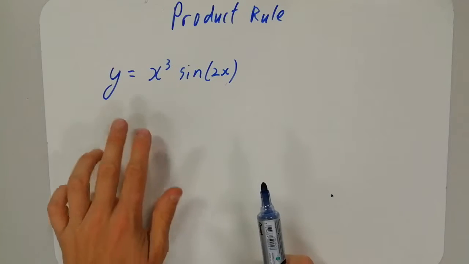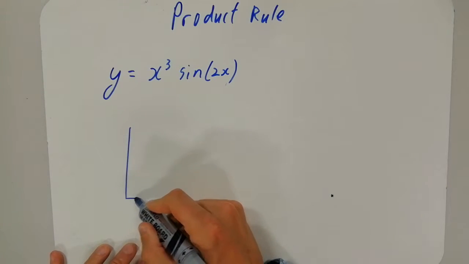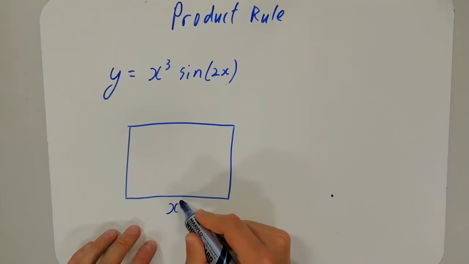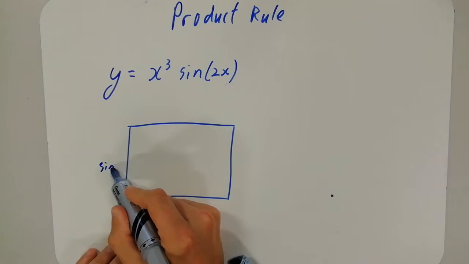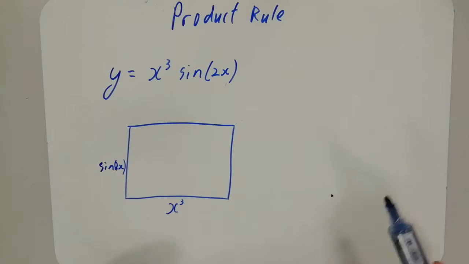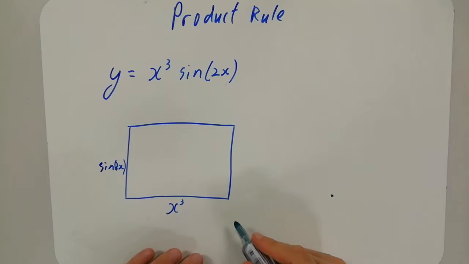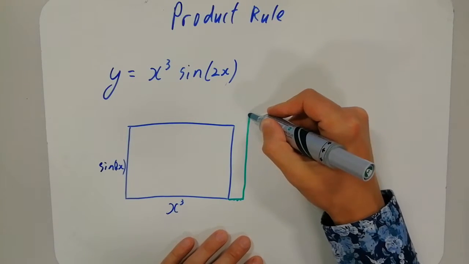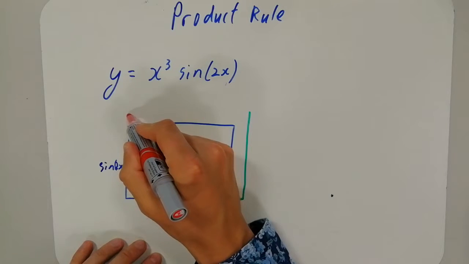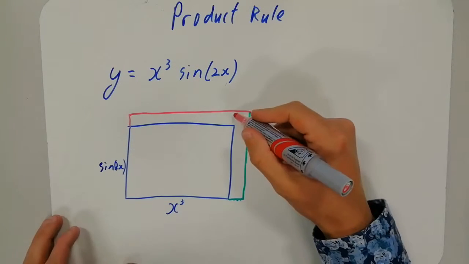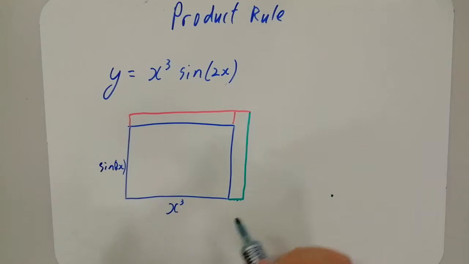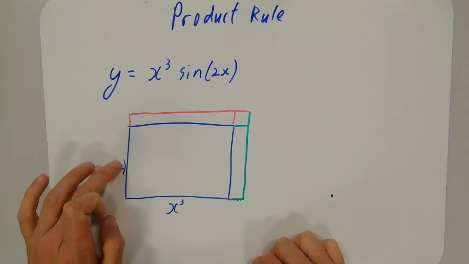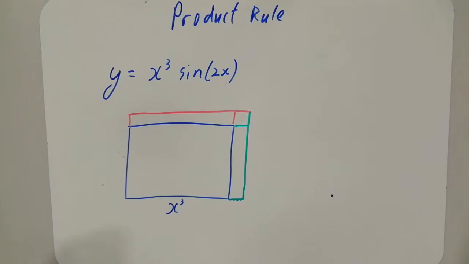First of all, though, we're going to notice that we could imagine that y represents an area where we have the side lengths as x cubed and sine 2x. And what we want to know is, how will the area change if we change the side lengths a little bit? So you can imagine that we're just adding on a little bit to each of our side lengths. Okay? And what we're going to do is we're going to look at this case in just a second, but for now we're just going to label these as